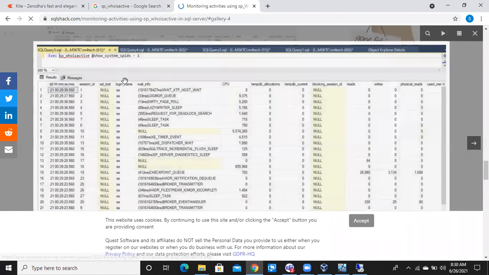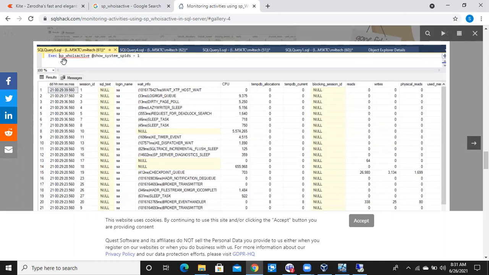Yeah, so if you see here, if you run that stored proc sp_whoisactive, you see since how many days, how many hours, how many minutes, how many seconds, how many milliseconds that query is running. By default, it will give you a descending order, I guess. Since 21 days these queries are running. So if a query is running since 2 hours, 3 hours, 4 hours, we can treat those queries as long running queries or long running sessions, right? But by default this stored proc won't be created. You have to create it using a custom script from Google.